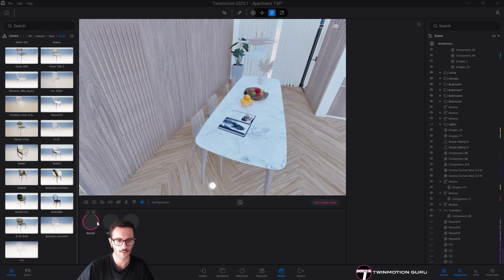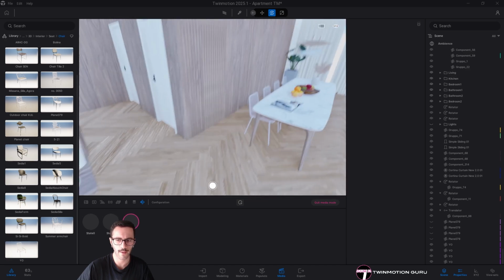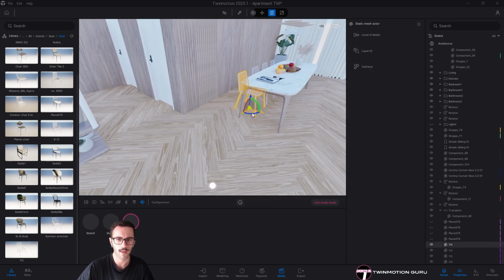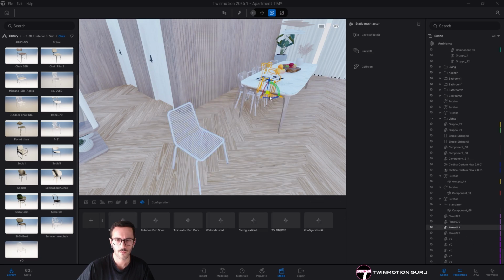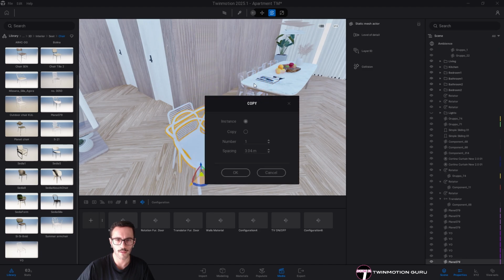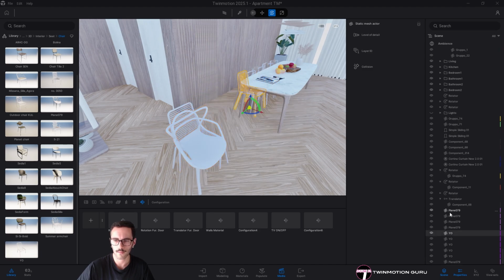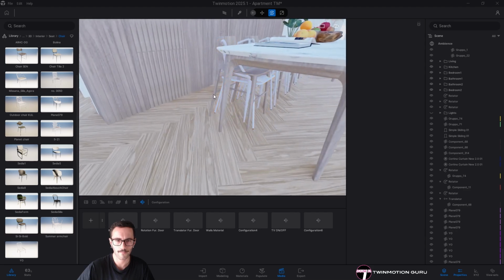Again, for the turnbale here, we can maybe have a copy of all our chairs, only to have the turnbale perfectly updated.